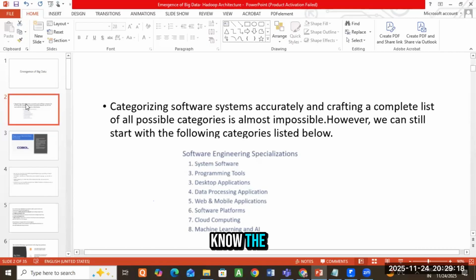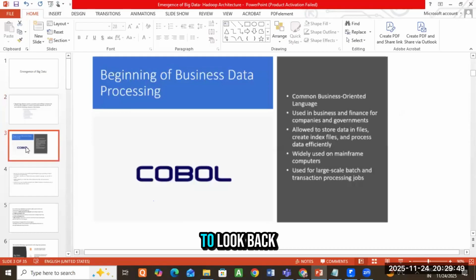As you know, with the advent of Y2K, a lot of web and mobile applications came into the picture, and a lot of development happened in those areas. Then slowly, cloud computing came into the picture, and now there is a huge demand for cloud computing, cloud data engineering, and machine learning and AI or Gen AI on top of these cloud services. So if we look back at programming languages,